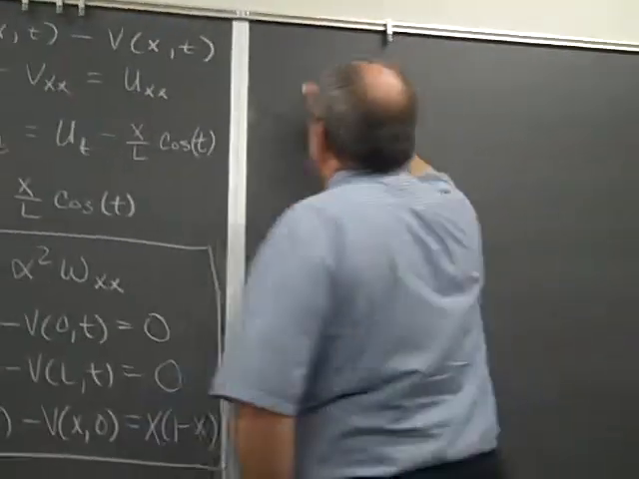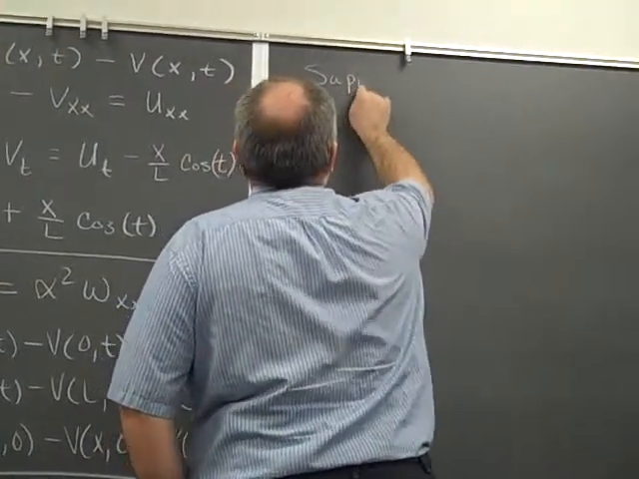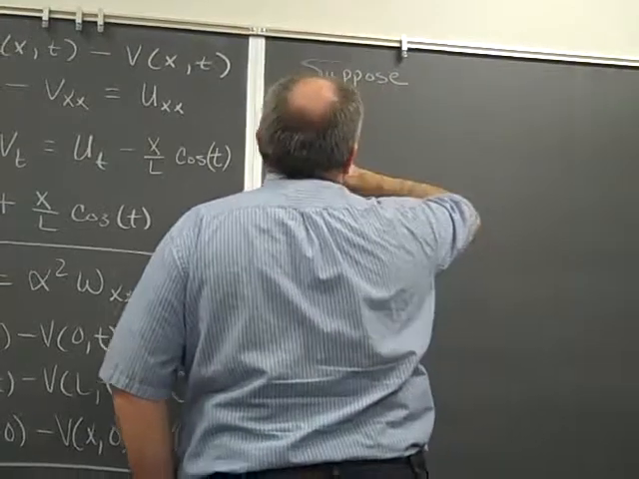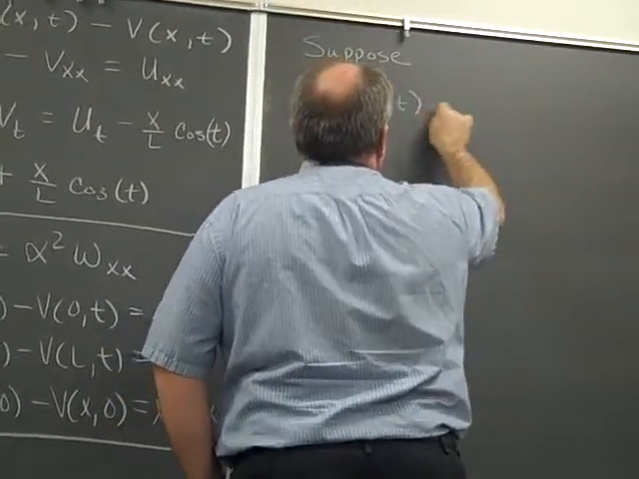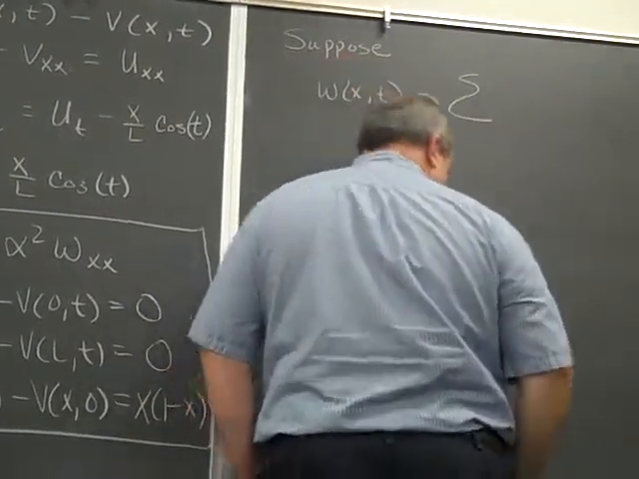So now we kind of come at it from the other direction, and we say, well, let's suppose that W of x and t could be written